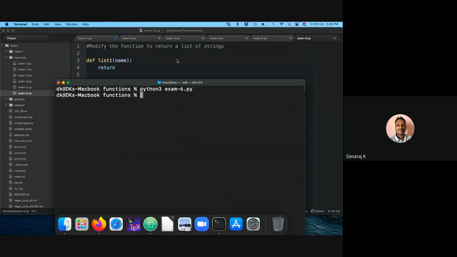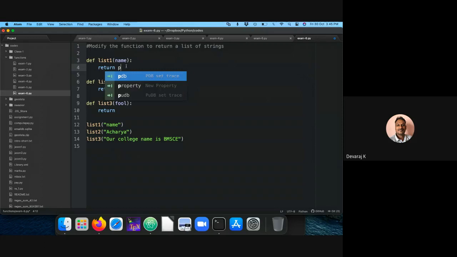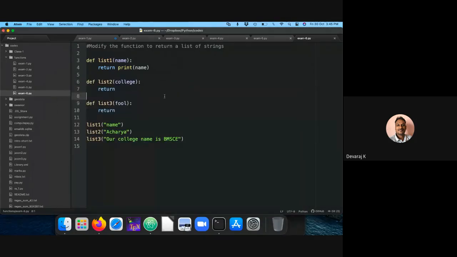Yeah, now it's taking. I think it's not taking the blank one. I have installed Python 3.9, I don't know what the problem is. It has to take that. So instead of return, maybe I can put print, or whatever you want. Print name. It's taking the return value, it's taking the print name.